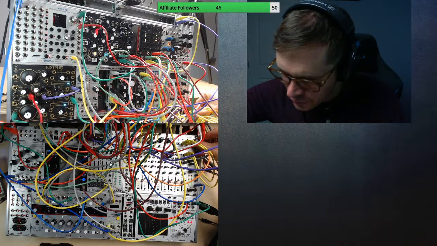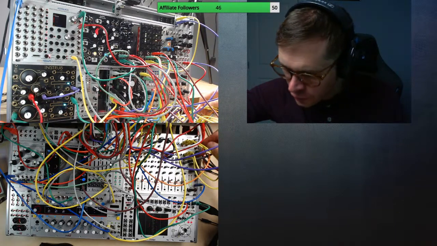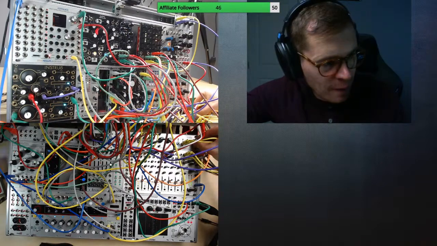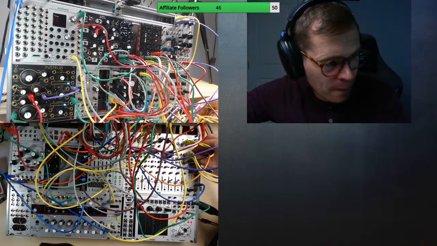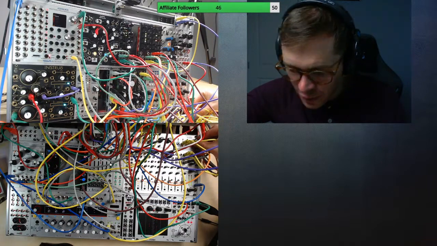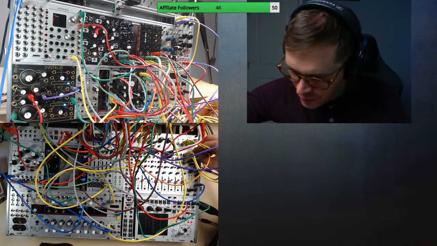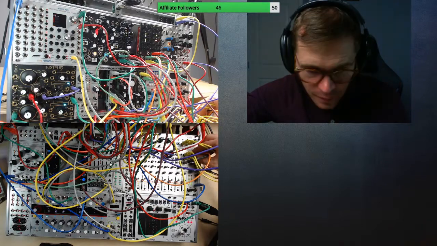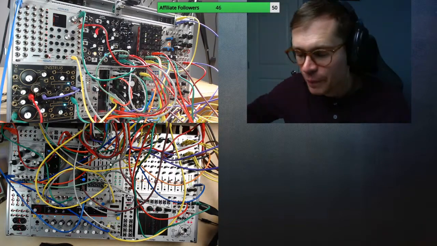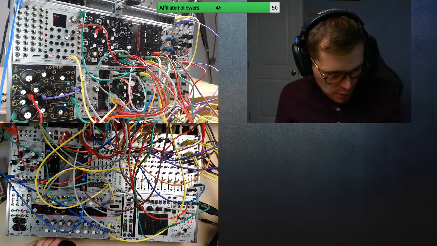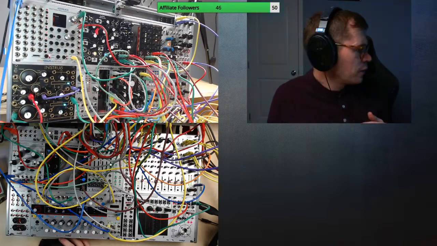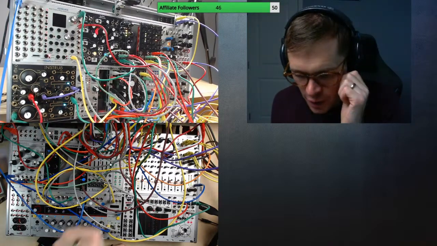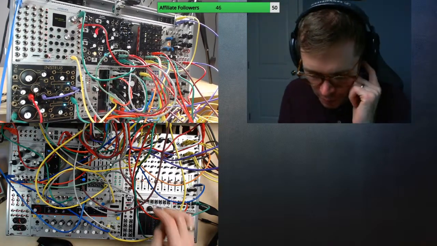Maybe I'll just turn down the raw output so that I can turn up the master. I mess this up every time. I'm going to try this again. Okay, this seems pretty good. Okay, so I was mostly happy with that. I need to figure out the intro a bit better, so